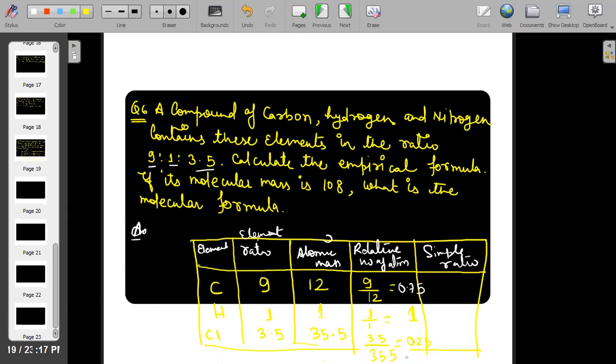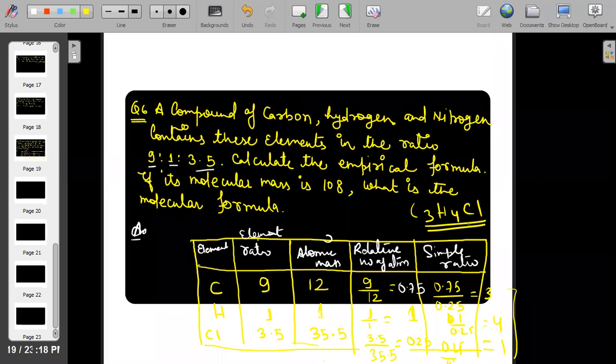Now tell me, which is the smallest number? 0.25. So 0.75 divided by 0.25 is 3. Then 1 divided by 0.25 is equal to 4. And 0.25 divided by 0.25 is 1. So carbon how many times? 3 times. Hydrogen how many times? 4 times. Chlorine how many times? 1 time. So the empirical formula is